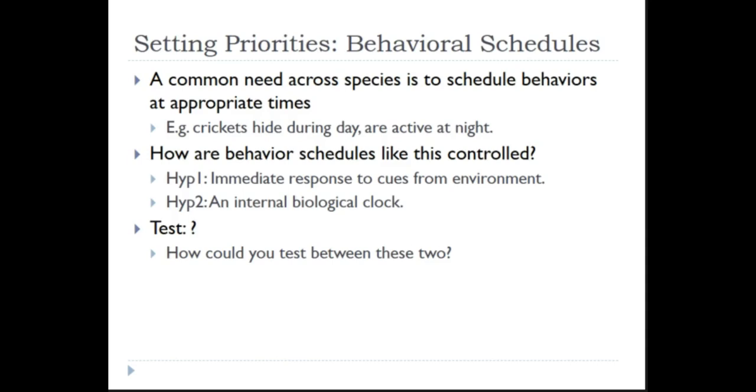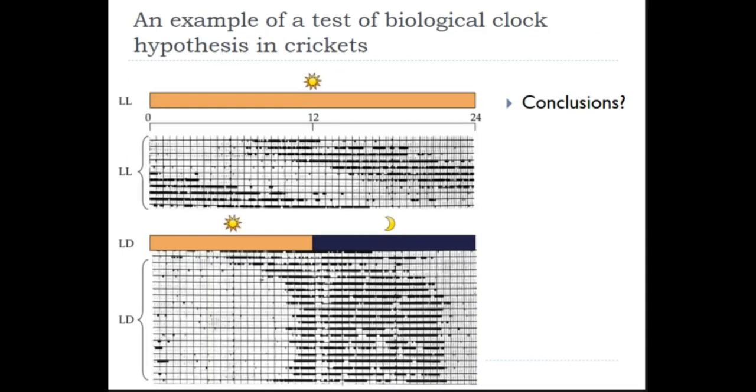So we predict that if they're strictly using environmental cues and we shut down all environmental cues, then they would cease to cycle. They would just have the same behavior all the time, be it always hiding or always active, depending on whether the light was there or not. Whereas if they have an internal biological clock, I think we'd expect them to keep cycling. Right? So here's an experiment that did just that.